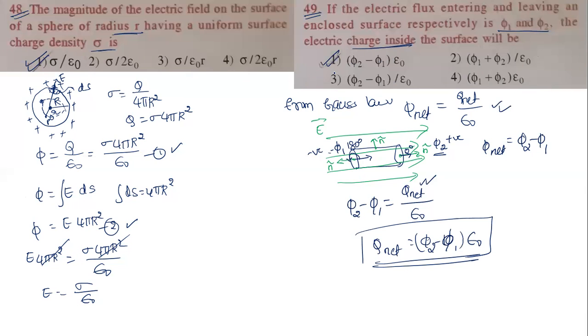Here all of you get confused about one thing. In your mind, Gauss law is set so strongly as Q by epsilon naught, meaning epsilon naught will come in the denominator only. So you will take either the third option or the fourth option. But that is wrong, because they are not asking for flux now, they are asking for charge. So you need to remember what they are asking. And the fourth option, phi 1 plus phi 2, never becomes plus, because here one angle is 0 and one is 180 degrees. Okay, this is about question number 49.